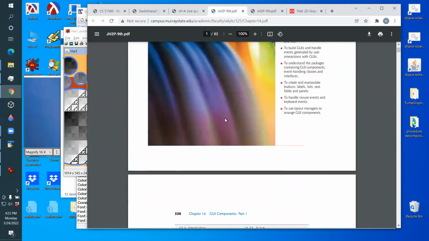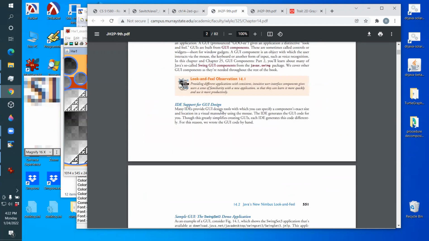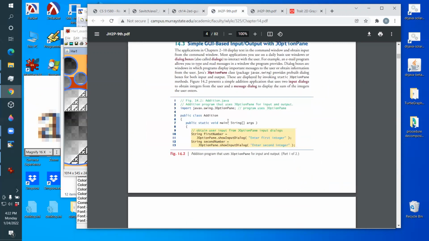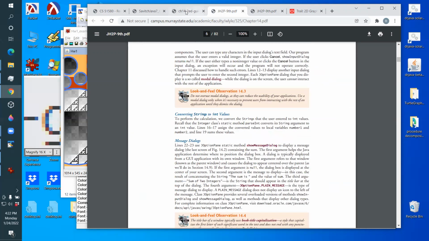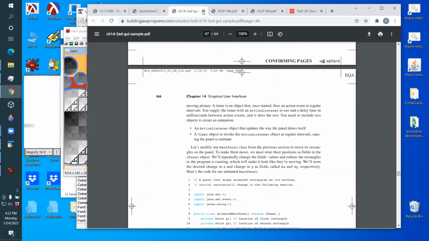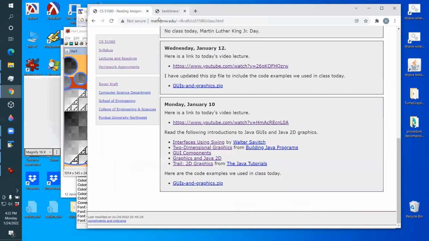We've had these up there for two weeks now. This is the background information besides what we've been doing in class. These are pretty good explanations. In particular, you're interested in these two. Let me close these. The two you're most interested in, or should be most interested in, are this one, two-dimensional